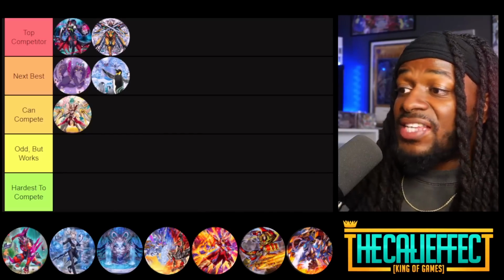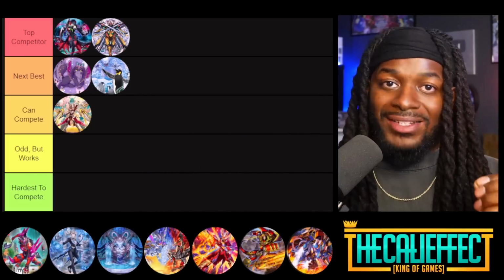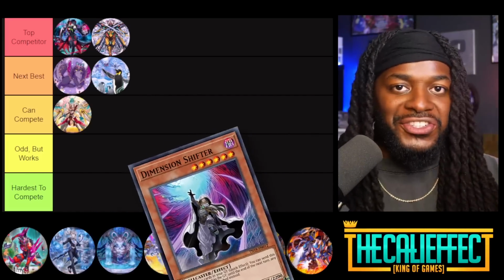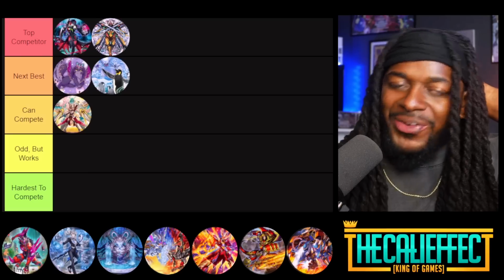Kashtira is statistically one of the best decks in the game, and it surprised me. Even without Kashtira Rice Heart, this deck is a threat. And as somebody that has played Kashtira for quite some time, it's not Dimension Shifter that makes this deck really good. Ironically, it's the strategies that play Dimension Shifter against you to help you banish your Kashtira cards, but who